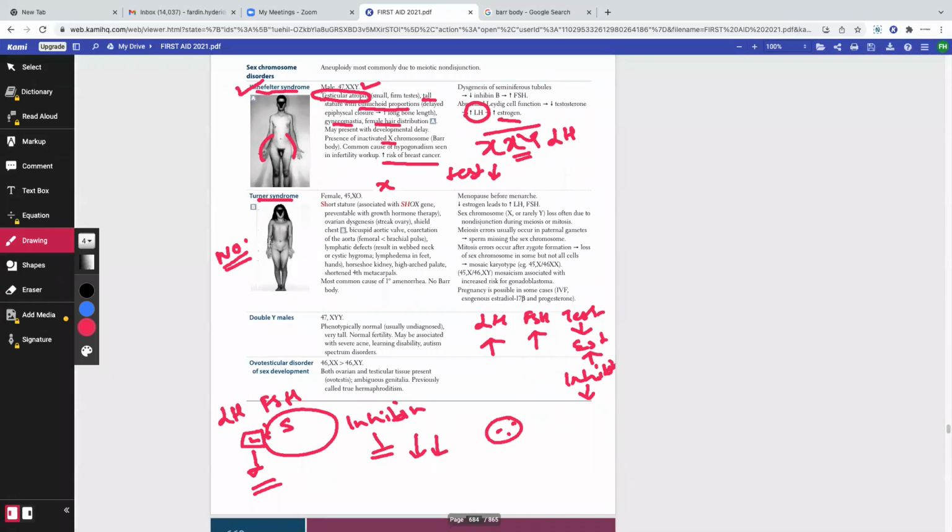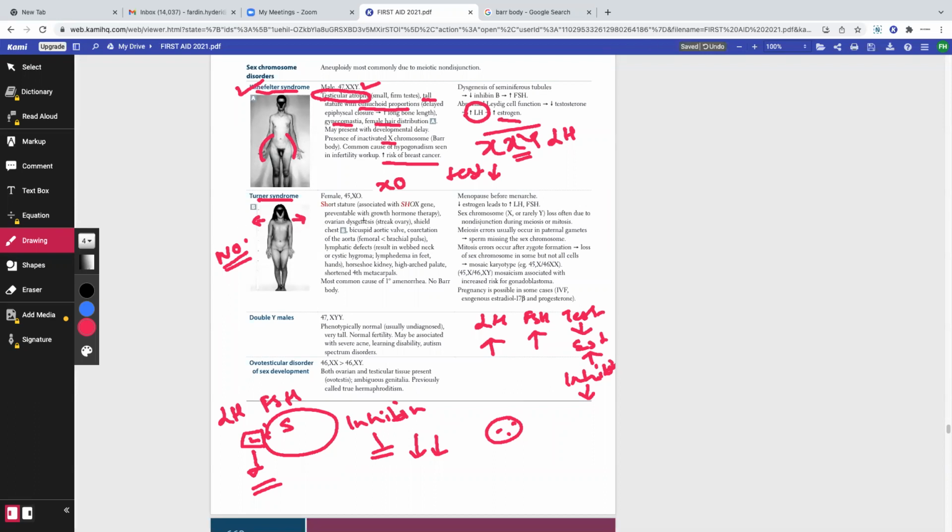So females in general are required to have wider hips, narrower shoulders, and mammary glands to support their live births in the first 6 months so that they can conduct exclusive breastfeeding and everything else. But these females, since they only have one X chromosome and do not have another, instead of having wider hips, they have narrower hips and wider shoulders, something that we see exclusively in males, right? And instead of developing mammary glands, they develop what we call a shield chest.